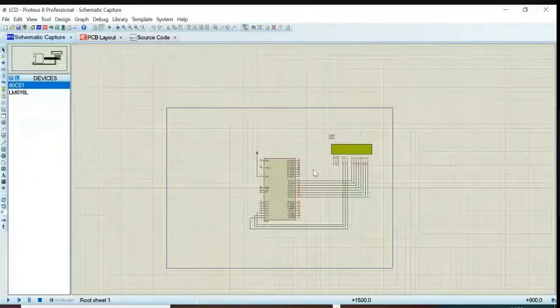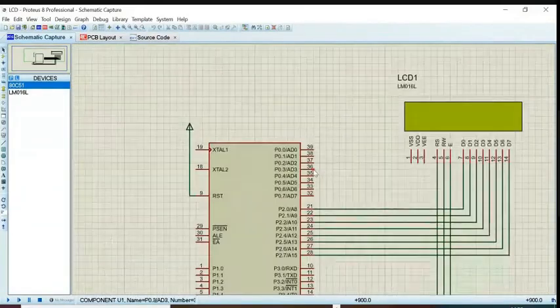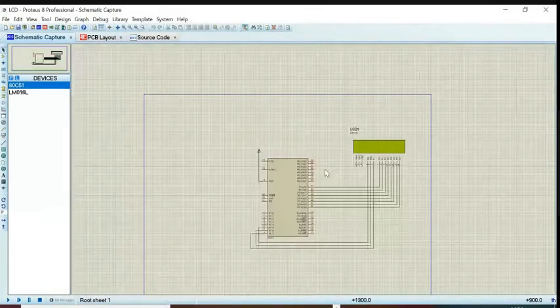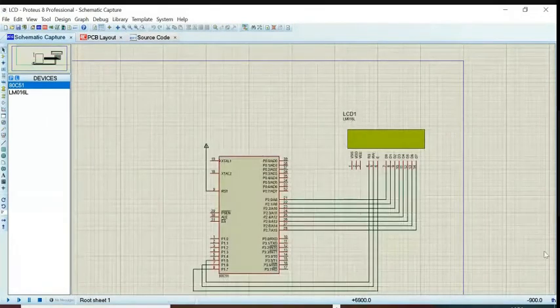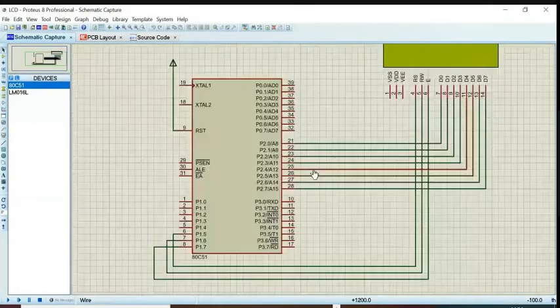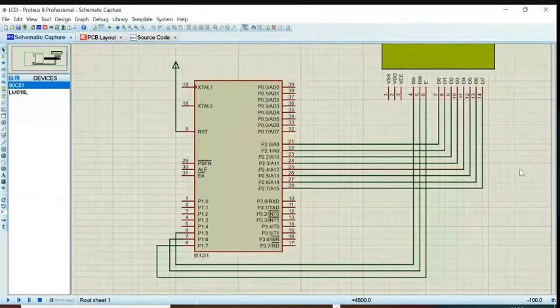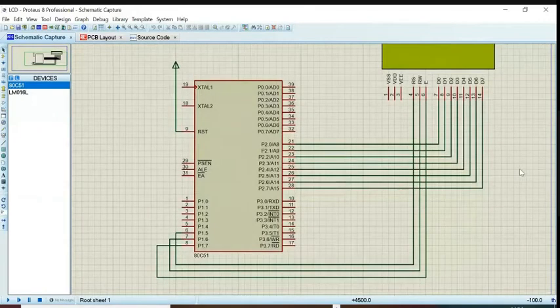The last class I gave demo for you, so please see that. Okay, simple connection, only 2 devices.